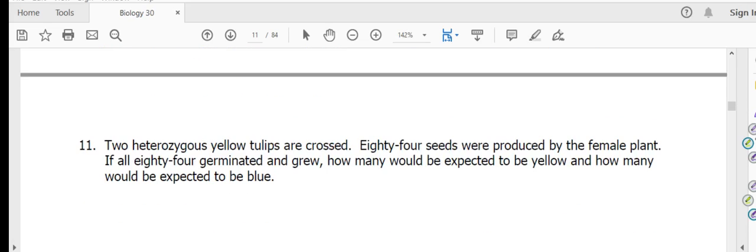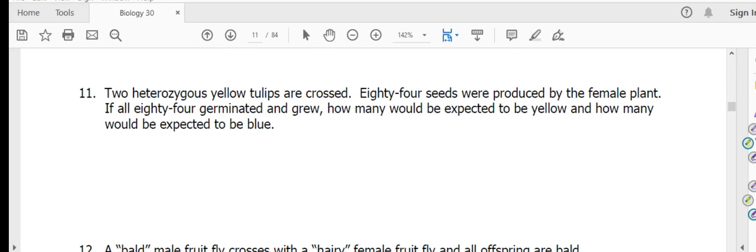Okay, let's look at number 11 on page 10. 2 heterozygous yellow tulips are crossed. 84 seeds are produced by the female plant. If all 84 germinated and grew, how many would be expected to be yellow and how many would be expected